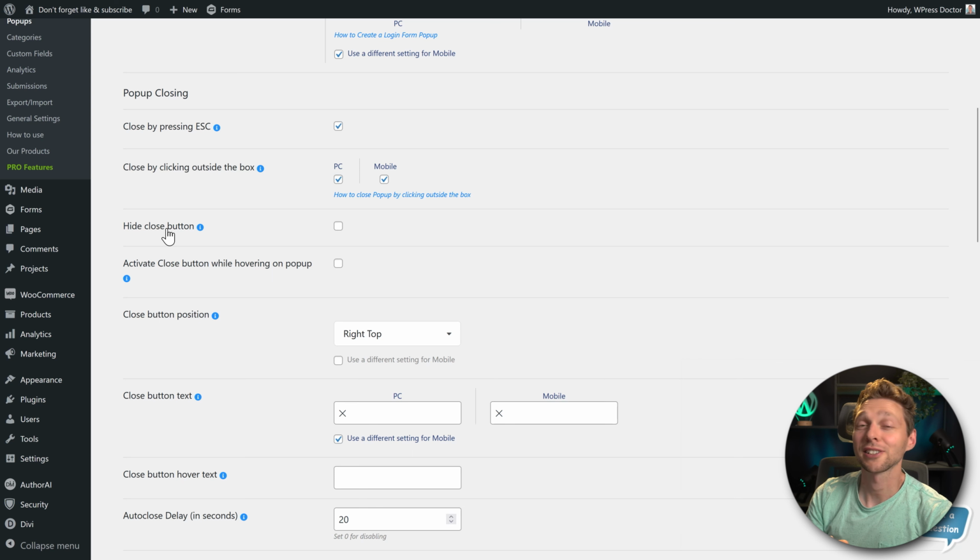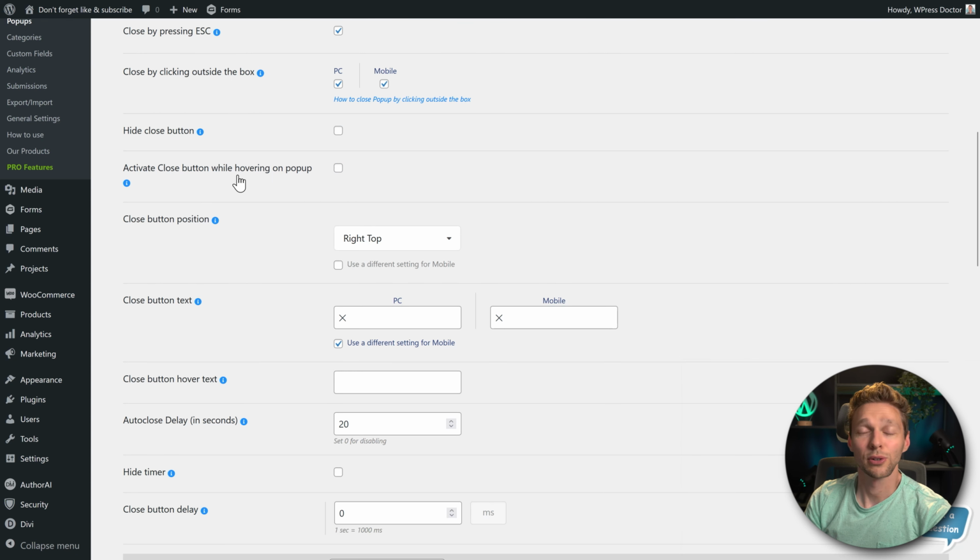And then you have a hide close button. Well, as a user, I really hate it when it's hidden. It's a really aggressive form of forcing people to see your pop-up, and they have to click outside of it or press Escape just to get rid of it. But some people don't even understand and they can actually leave your website. So is this a good option? I don't know. It's very aggressive, so you can turn this on or off, whatever you want. I'm not going to use it right now.